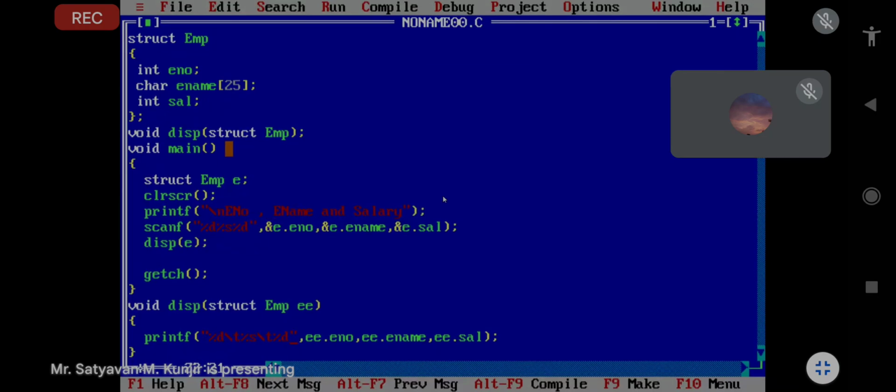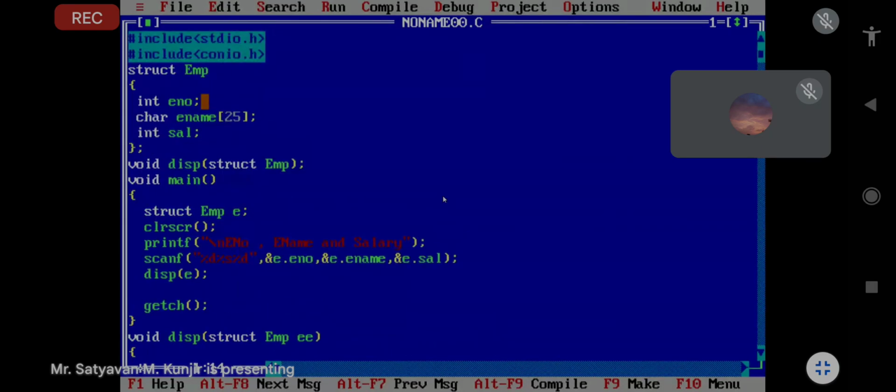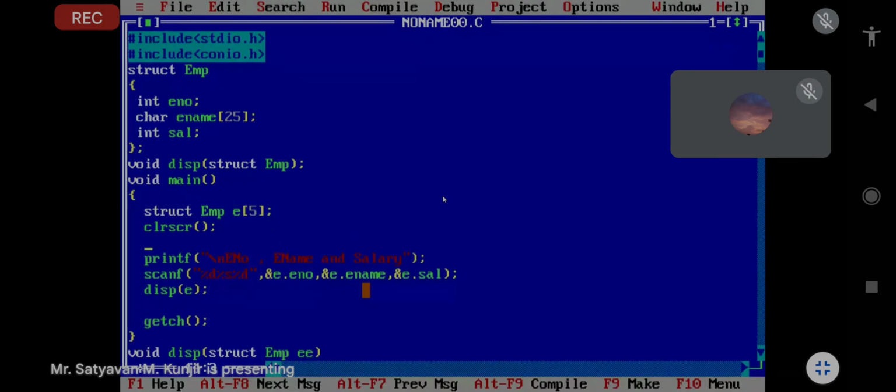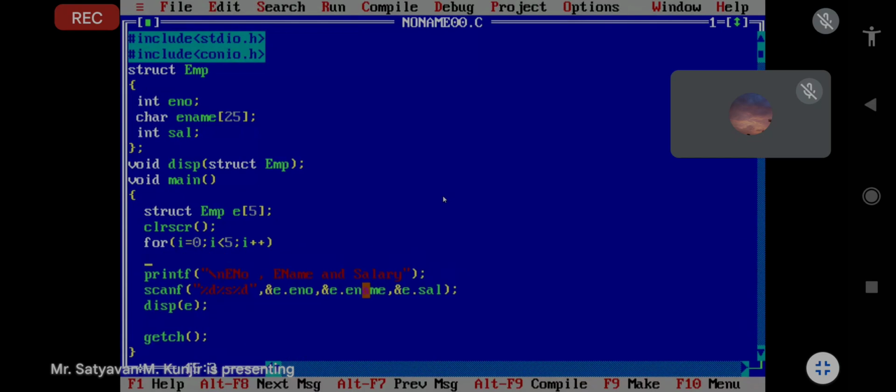Accept the details of 5 employees. Then what is the change? You have to declare an array with size 5. For i equal to 0, i less than 5, i plus plus.